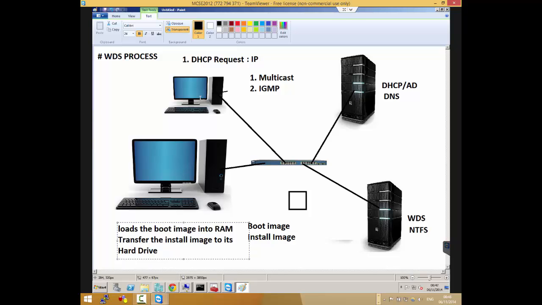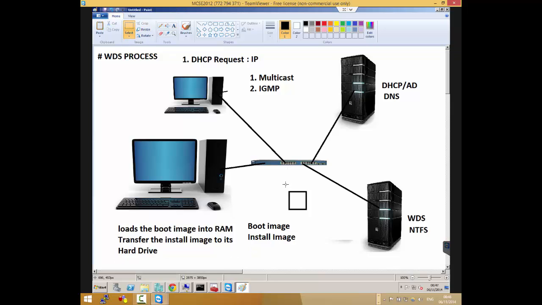So what happens is that when your computer gets online, the first thing it's going to do, remember I asked about the process before, is send a DHCP broadcast request. Now, when it sends the DHCP broadcast, which of these computers will receive it on this network? All of them. Every one of them will. This one will receive it and be like, I'm not a DHCP server, drop it. This one will receive it and be like, I'm a DHCP server, right?